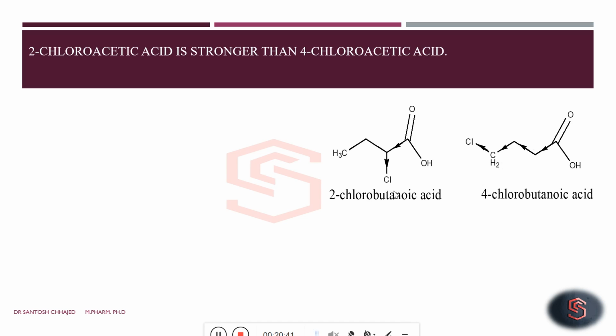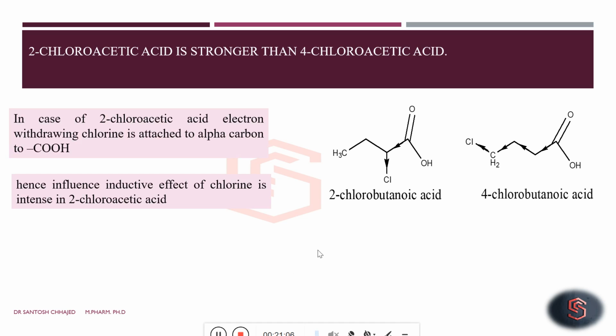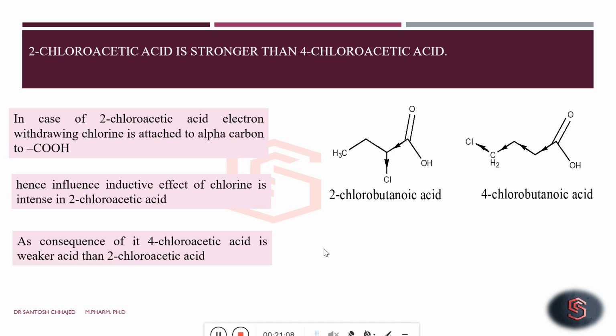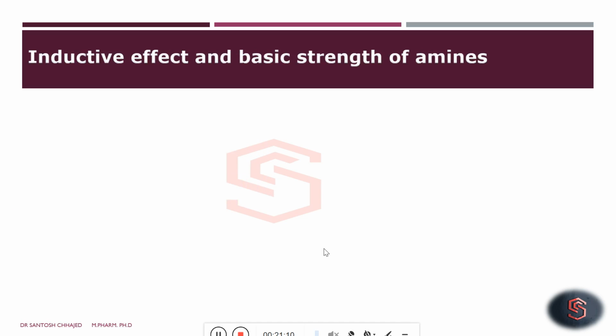So what happens is, in case of 2-chlorobutanoic acid, chlorine will withdraw electrons strongly as it is close to the carboxylate ion, carboxyl group. So it will stabilize the carboxylate ion in a better manner than that of 4-chlorobutanoic acid. So in case of basic strength of amines,